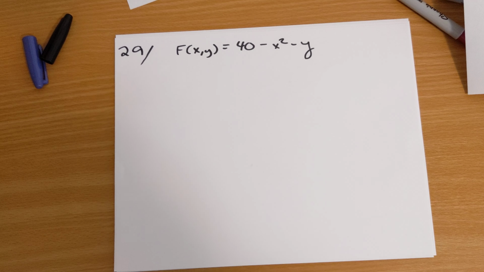And so this would be y is equal to 40 minus k minus x squared. And this 40 minus k is just a constant here. And so the graph of the function is going to look like y is equal to some constant minus x squared. This is going to give us downward opening,